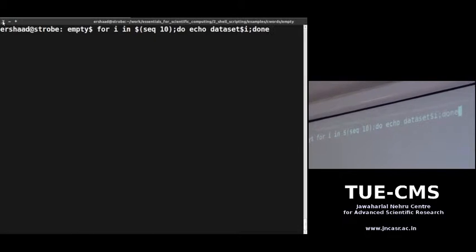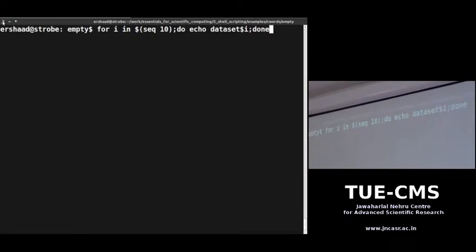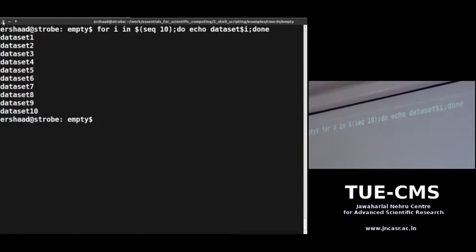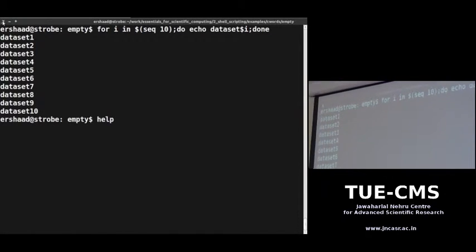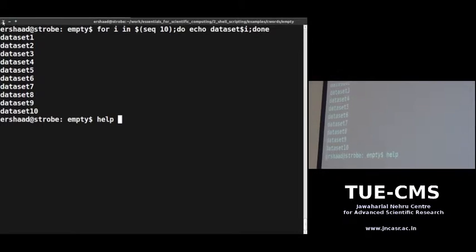But after do, there's no semicolon. Okay, I'll show you. So you have to refer to the help. If you do this, you get the same output. So let's look at the help for for. You used man pages to see how commands are run. If you want to see how a built-in is run, you have to use the help command. The for loop is all built-ins. They're built-in functions of the shell. So let's see the help for for.